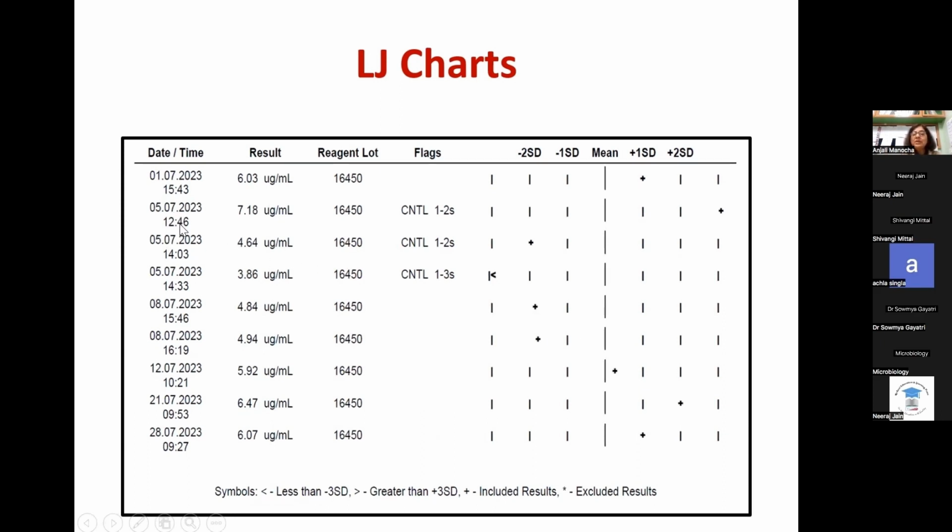Because on the 5th at 12:46 it ran beyond 2 SD, almost 3 SD. Then it was run again after 12, at 2. It came to minus 2 SD. Then it was run at 2:33. Again, those bad habits that I spoke about. It went beyond 3 SD. Then what was done, it just about managed to come in, but again it's on the higher side here. And then again it goes straight to the other side here. So there is a lot of flagging of inaccuracy and imprecision here.